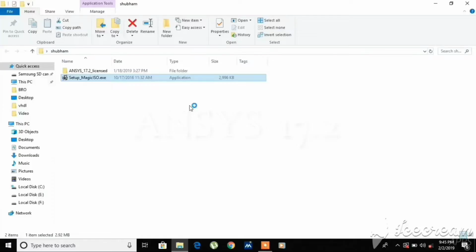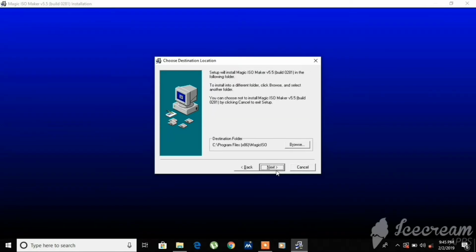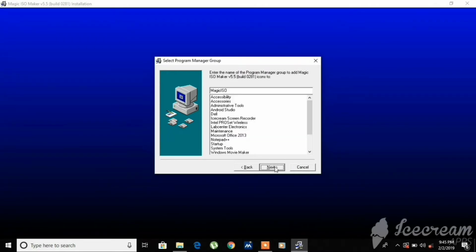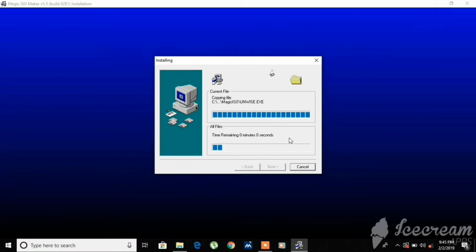So first you have to install the extractor. Here we are using Magic ISO extractor. So install it. Next. After my installation is finished,